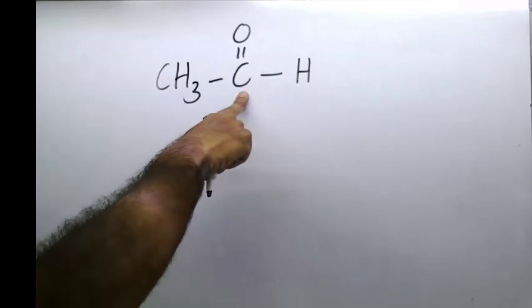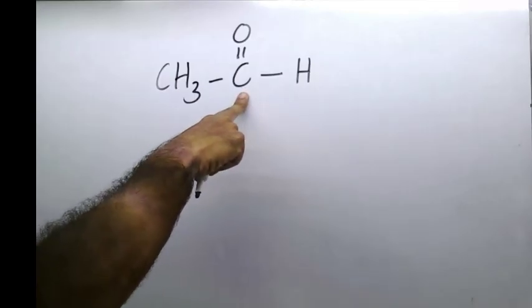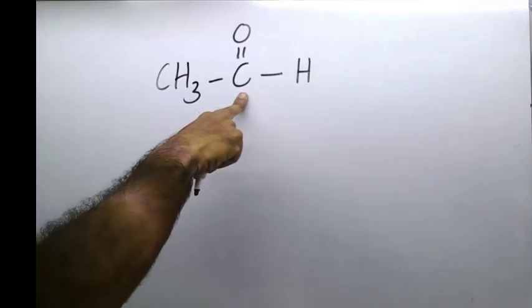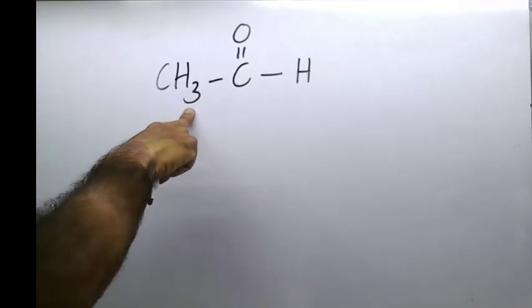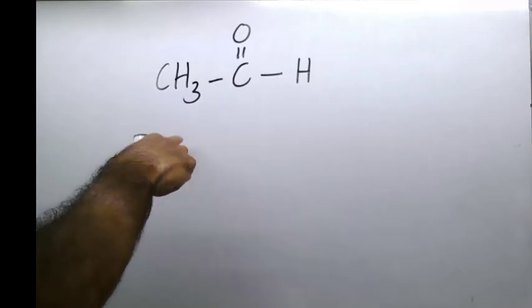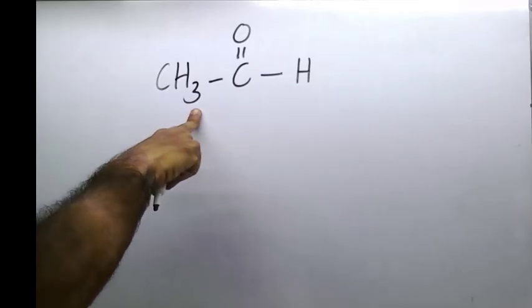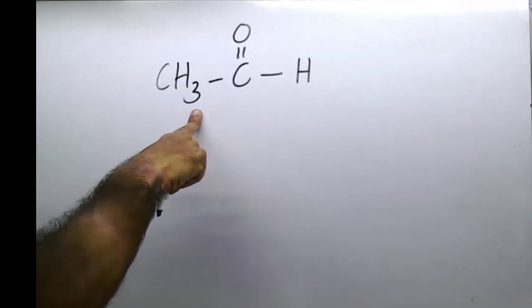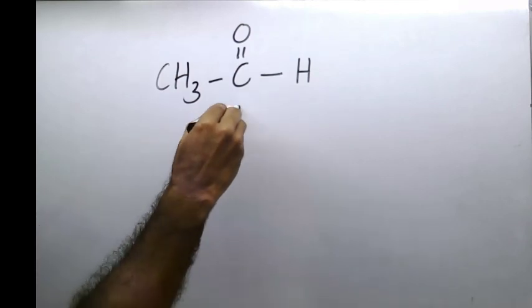Now this is the functional group, the carbonyl group, and this carbon is attached to this functional group, and all three protons attached to this carbon can be considered as alpha protons. Now there are three alpha protons in this molecule, but at a given time only one can be removed. Once we remove it,